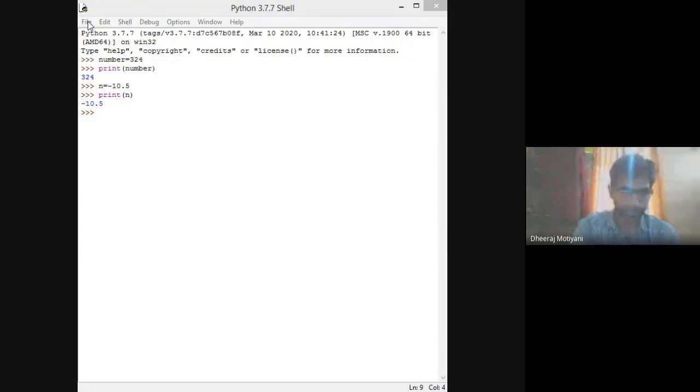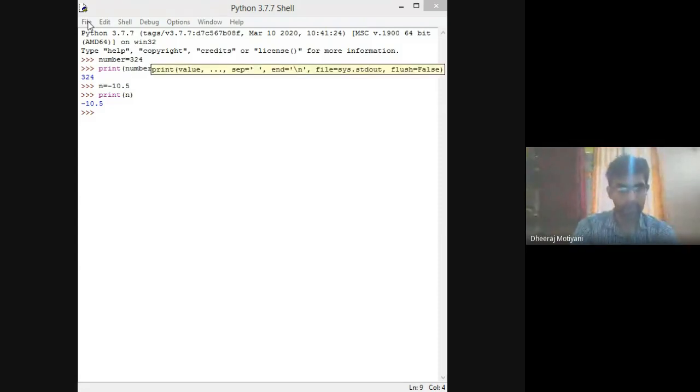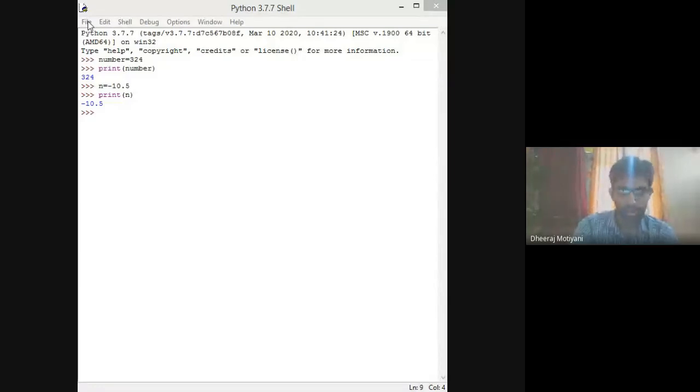Okay. Now if you want to check if a number is greater than something, if number greater than 100, so print well done. Okay. Or else you write a code here.